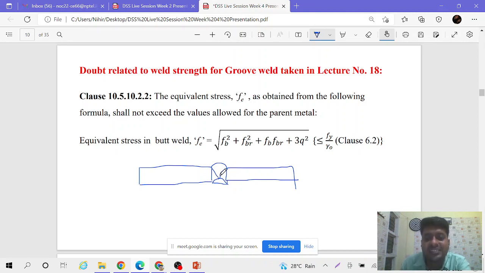Here you can see that welding has been done. This weld will act like an entire plate, meaning it is joining these two plates, and it will join with both the plates, behaving like a single unit. So whatever provision applies to the plate will be applied to this weld. That's why, for the equivalent stress Fe in this governing criterion, for the groove weld or butt weld, both are the same. For this we are not taking Fu, we are taking Fy.